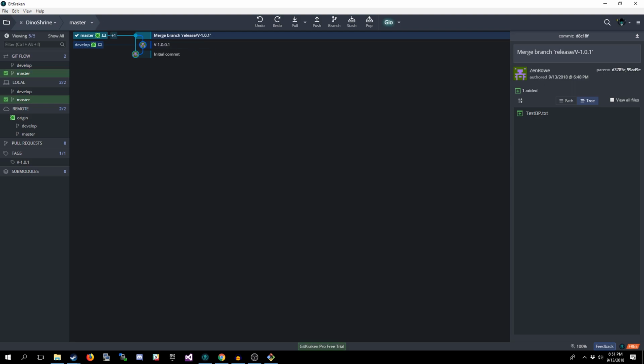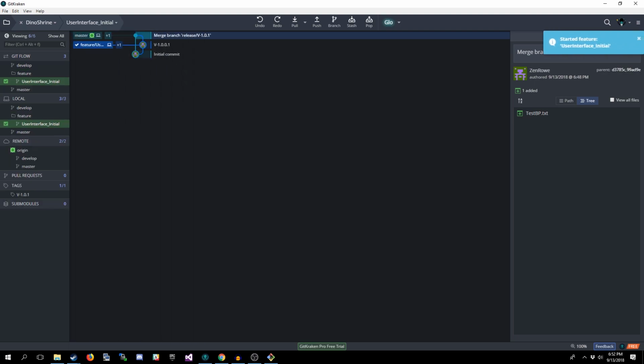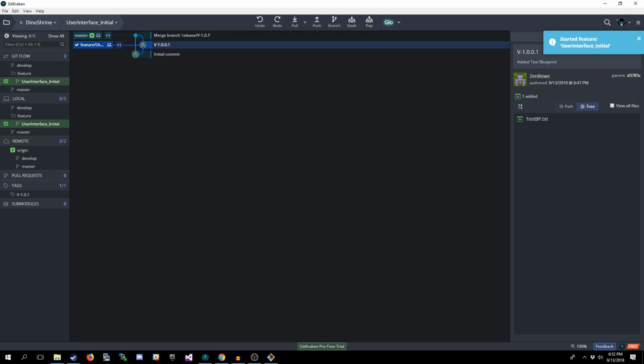Now there's actually more to working with GitFlow. Now there is also feature branches. Now let's say you want to work on a particular feature. Let's say in our Dynashrine, we wanted to work on the UI. We obviously already have our UI implemented, but we're going to just pretend that it's not for the sake of this. Now what it did was it branched off of the develop again. Okay, so we're going to swap over. Oh, we've already got it checked out.